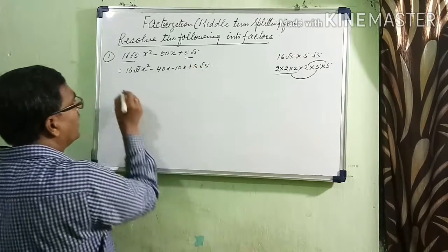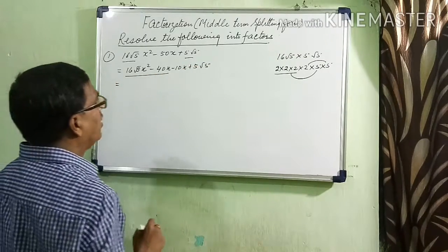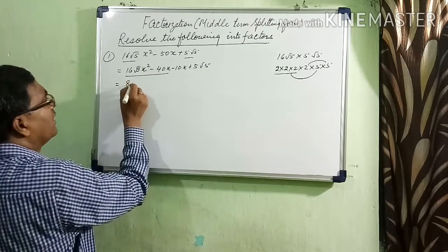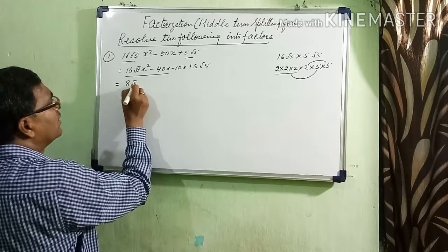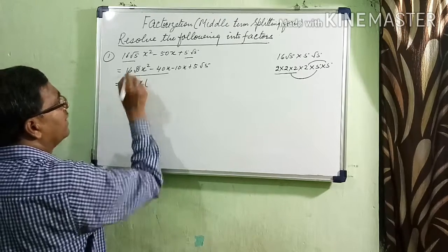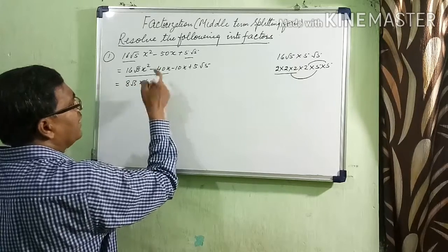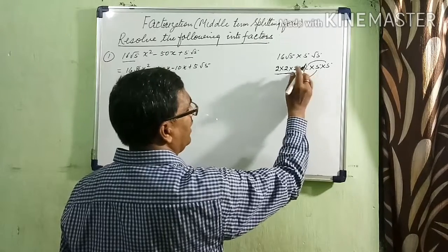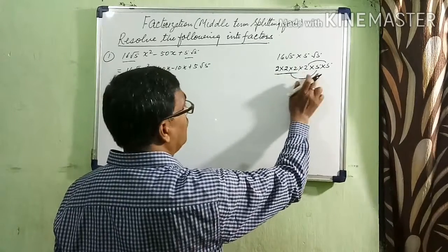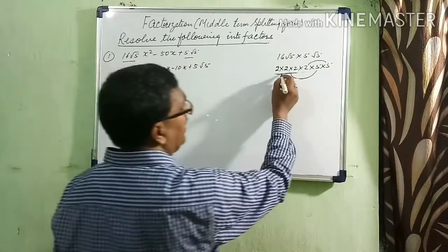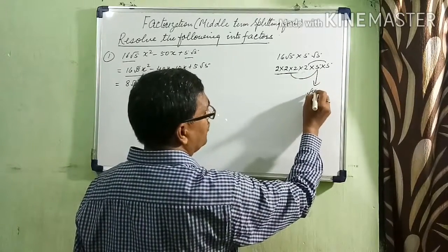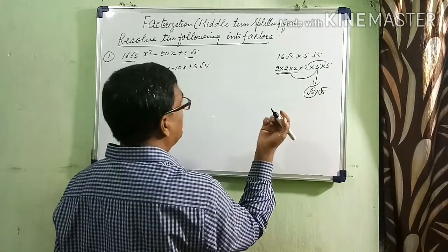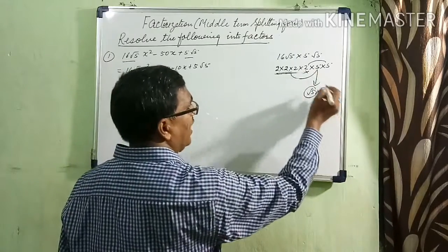root 5. Now, from this you take out the common. 16, 40, 8 is common. So 8 common, 8 root 5 x common. What is left over? 2x left over. And now 40, 8 5 ja 40. From 40 I have taken 8 root 5, means 8, and this 5 can be written as root 5 into root 5. So 8 and root 5 is taken out, what is left? From 16, 2 is left and root 5 is left.